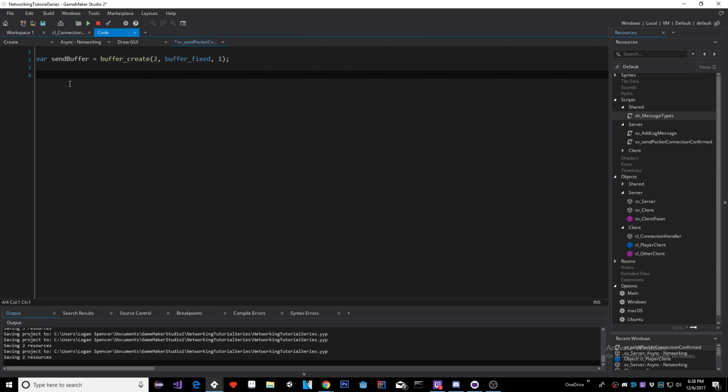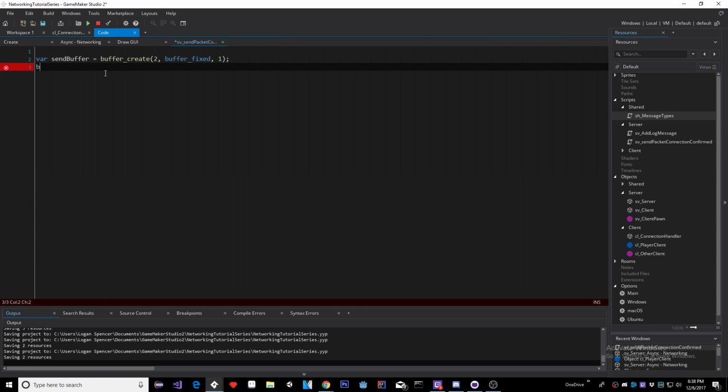So now we have our buffer created. We need to seek the pointer position. So if you watched my previous videos, you know what I mean by a pointer position. This is basically which byte are we pointing at to write into, okay? So we're going to seek the first byte because that's where we want to start our writing operation for our buffer. So we're going to say buffer seek